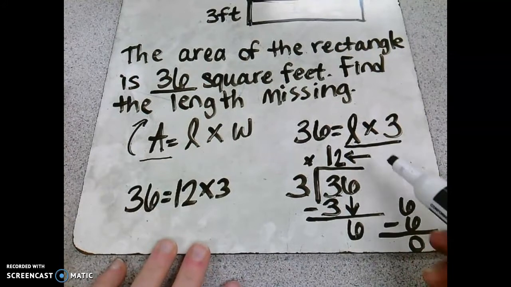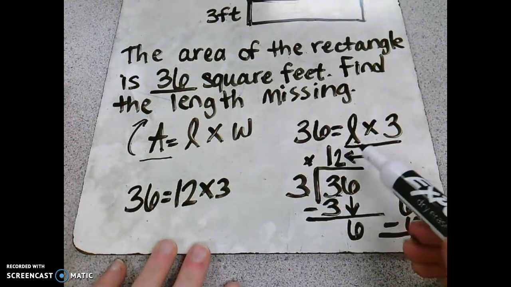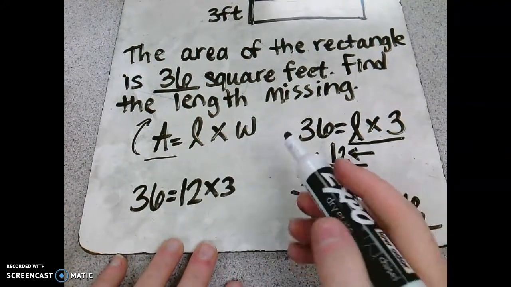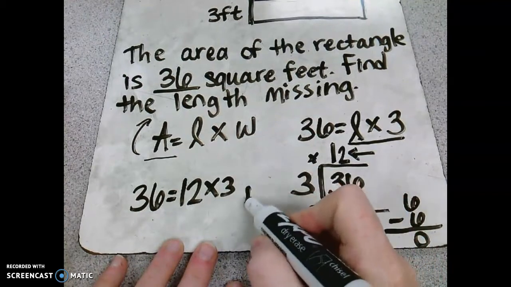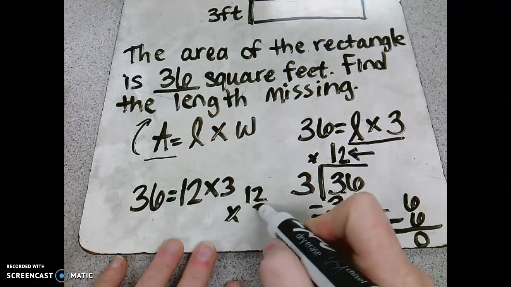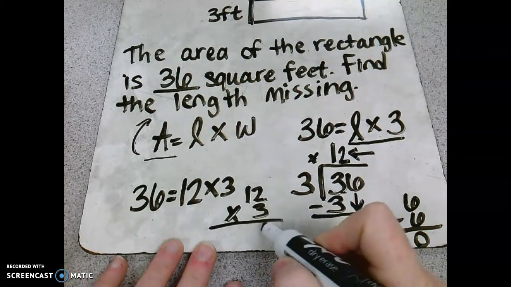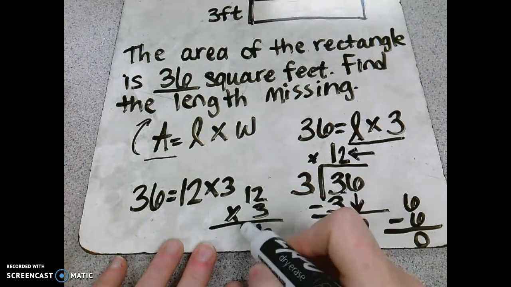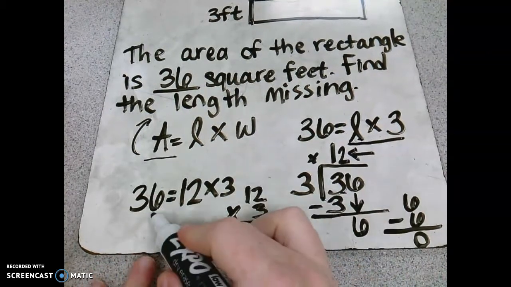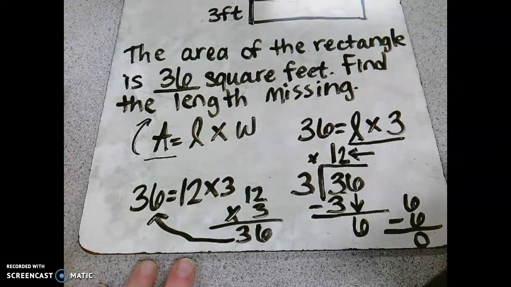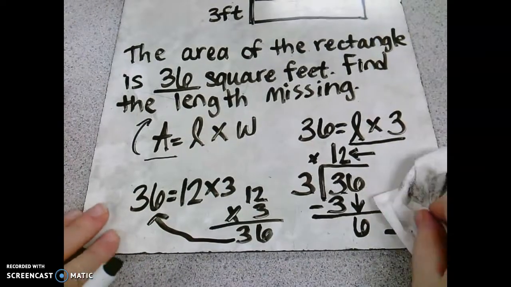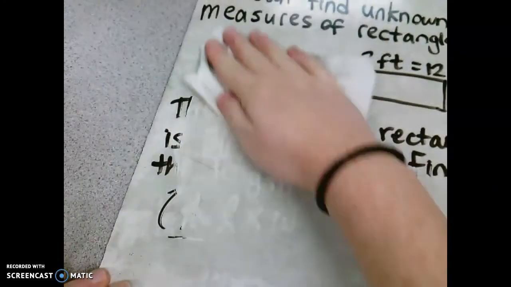Now to check your answer, to make sure you got the right answer up here, 12, we need to multiply 12 times 3 and check our answer. So let's do that real quick. 12 times 3, 3 times 2 is 6, and 3 times 1 is 3. Voila, we got 36. Great job. We're going to do another one. This time, instead of them giving us the area,